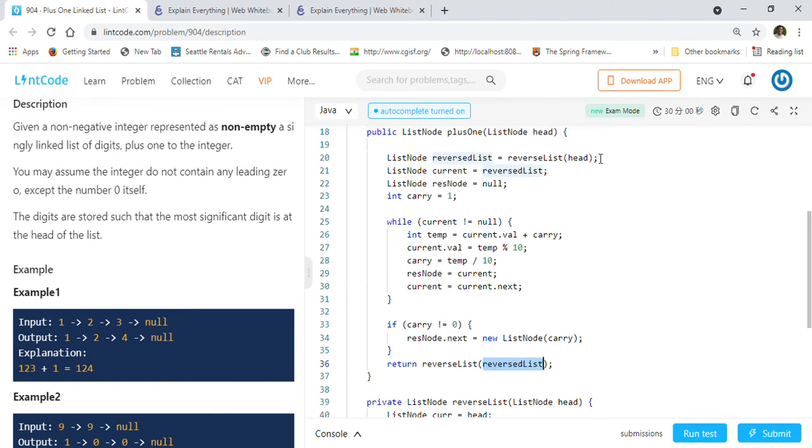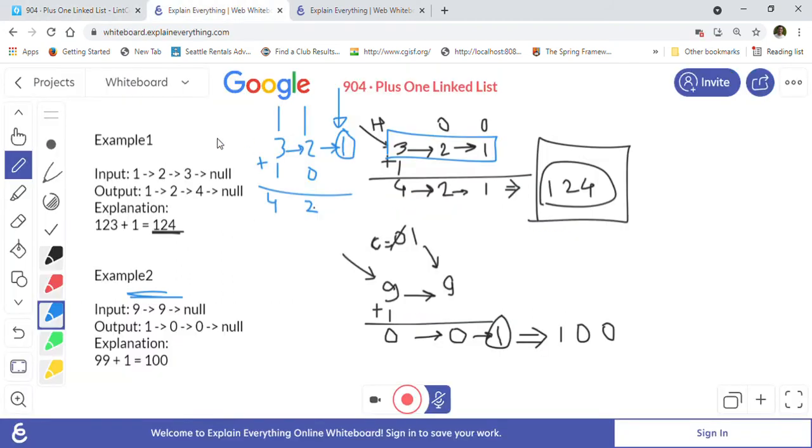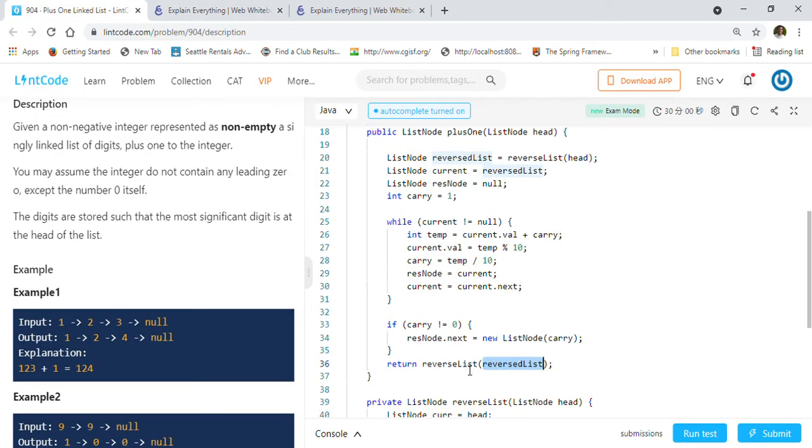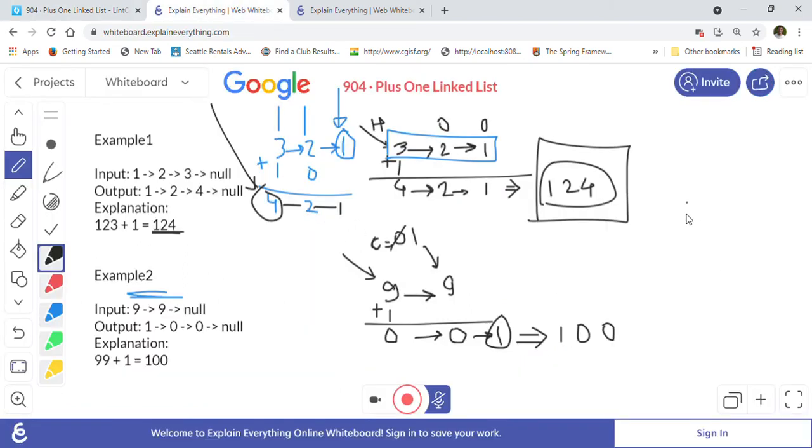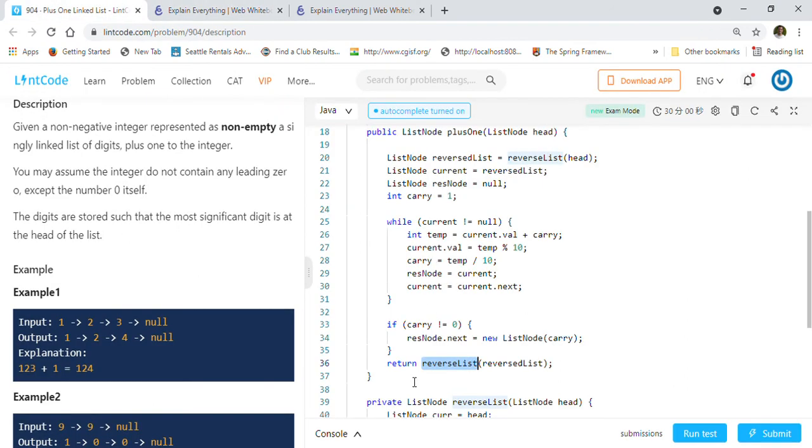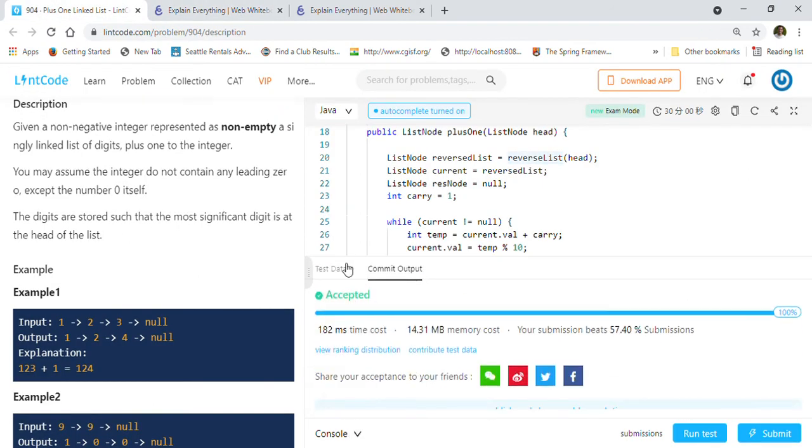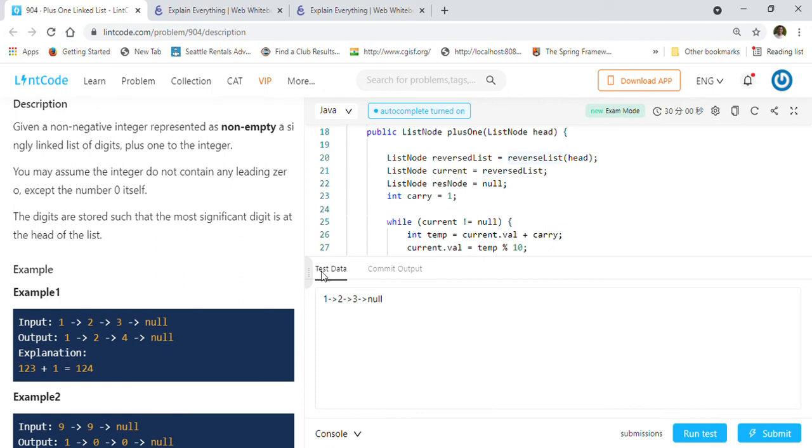This is the head of the reverse list, which is this pointer. This one will be the head pointer of the reverse list. So we will have 4 2 and then 1. This is what we are giving back to the reverse function, and it will reverse that 4 2 1 into 1 2 4, and that is what we are going to return as the answer of our addition of one function. So I think I explained in a lot of detail with the example.